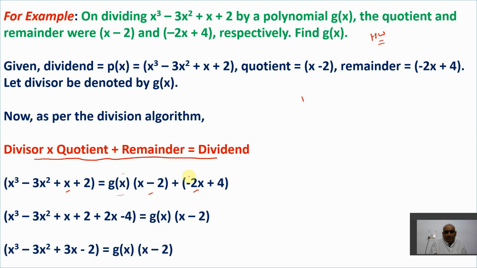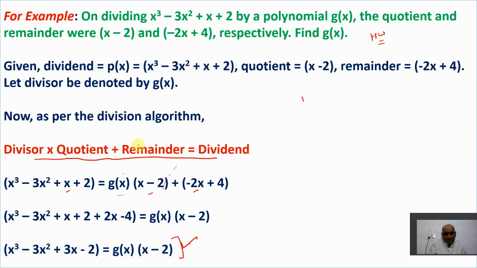First, you'll take this plus side to the minus side. You'll take this here and subtract it. After solving this, it becomes like this. Then g(x) will become this particular number divided by x minus 2, right? I hope you get this point. See the last step here. So nothing, just put in the formula.